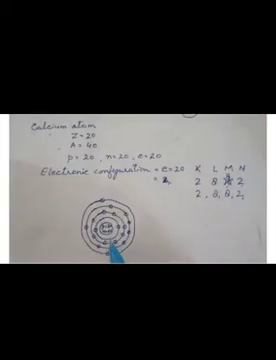And the atomic structure of calcium is: first shell contains 2 electrons, second shell contains 8 electrons, third shell also contains 8 electrons, and the last shell contains 2 electrons, 1 and 2 electrons, right? So